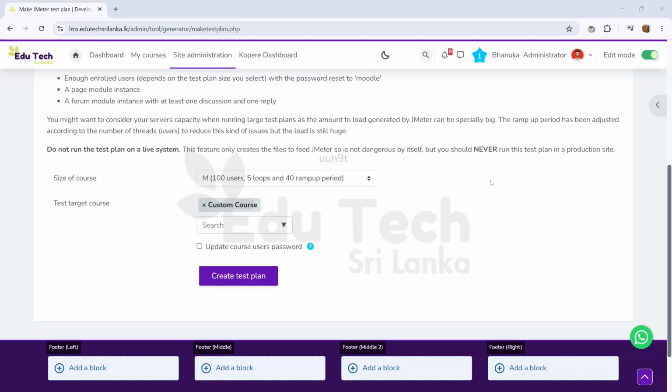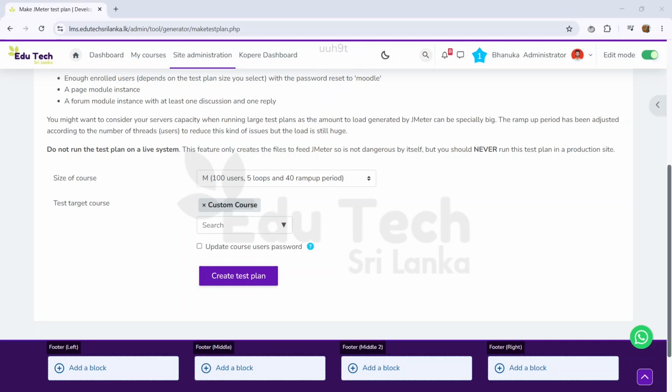The results will give you a clear idea whether the system is okay, whether it can handle the load, whether the system is ready for a live exam. These details are very helpful before you decide whether to keep this server or upgrade to a better server.